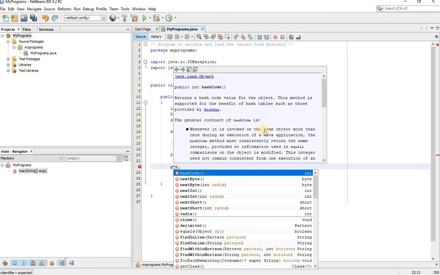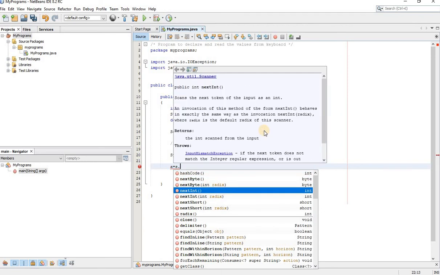You can see when I put dot and I'm waiting, a pop-up window comes. This is called IntelliSense. Now you will come down, you will see there is an option called nextInt. Whenever I go to nextInt, you can see the message also popping up about what nextInt is. You can see the window showing: scans the next token of the input as an int. Understand? So let's select this. You can read the complete text provided there for your better understanding.